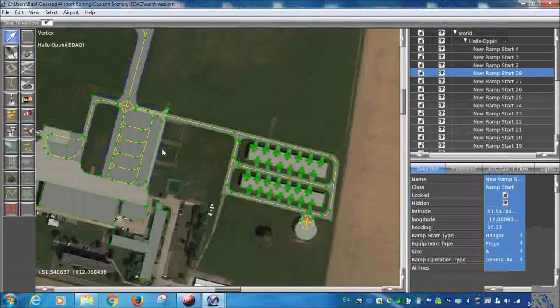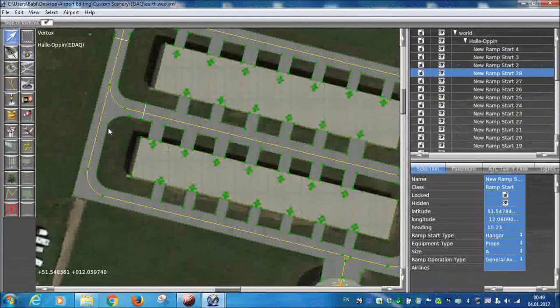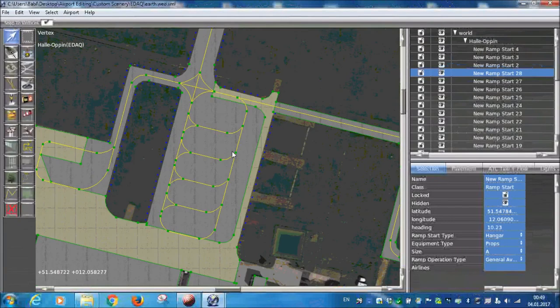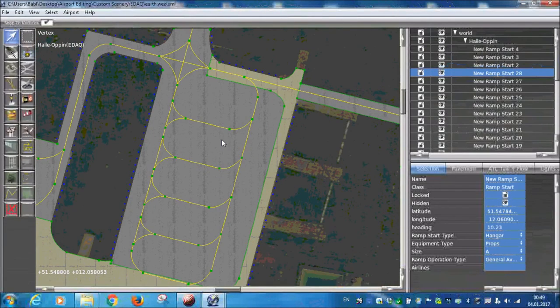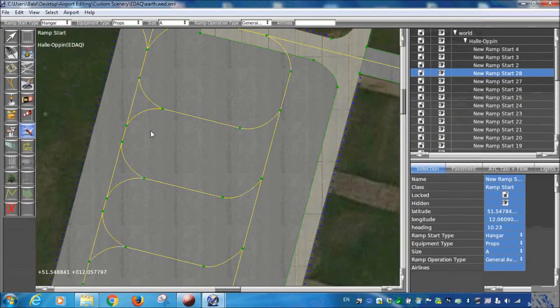So now I completed all the spawn points in the hangars, and I will continue with the spawn positions on these lines. I will orientate them facing to the east now, and therefore, since it is on a line, I will have to do something special here. At first I will select